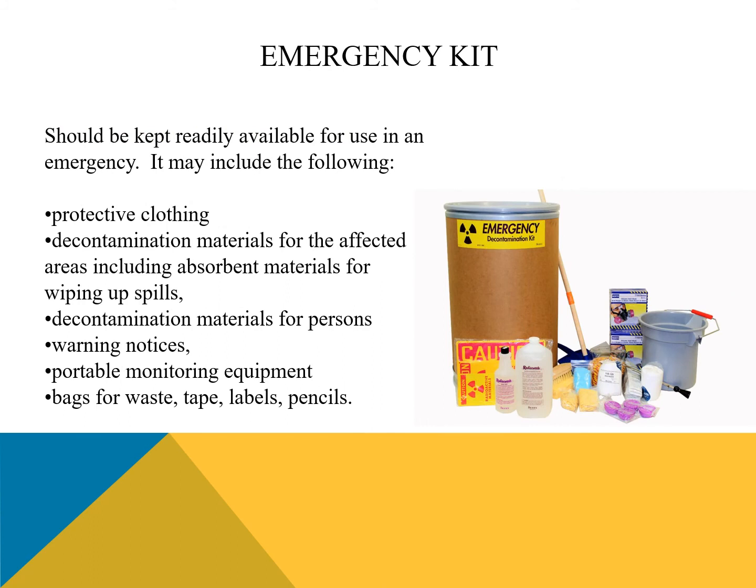It's so important to check that the emergency kit is available in the nuclear medicine department to use when an accident or incident happens. And this emergency kit should be kept available for use in an emergency. It may include the following: protective clothes, gloves, and covers,